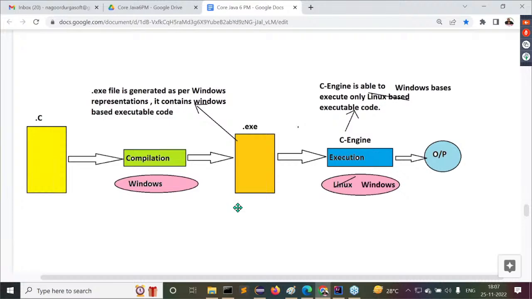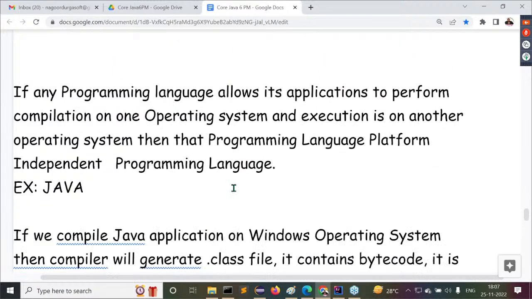Next, Java is a platform independent programming language. Before understanding Java, first of all, when is a programming language platform dependent or independent? When is a programming language a platform independent programming language?